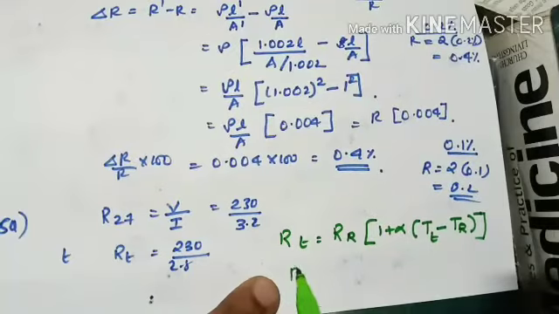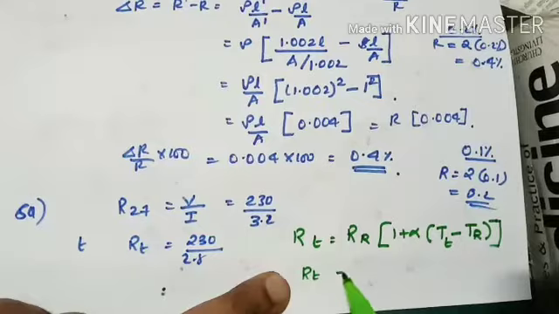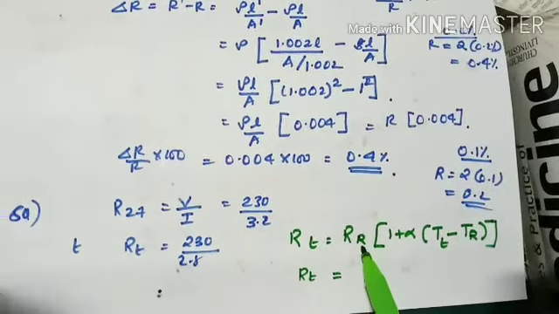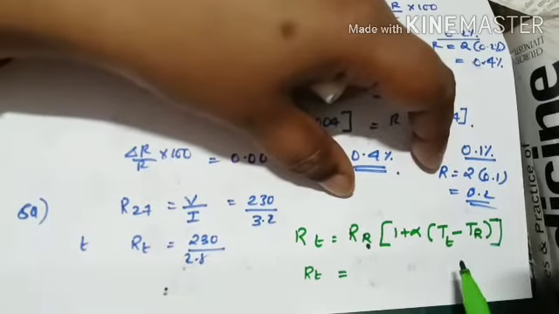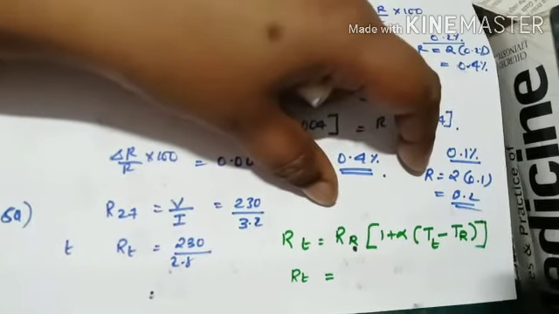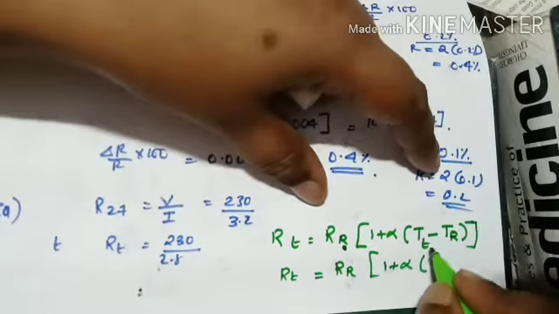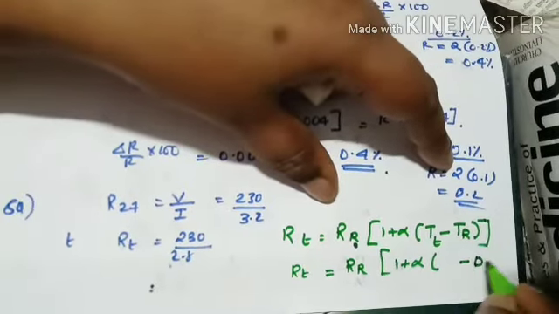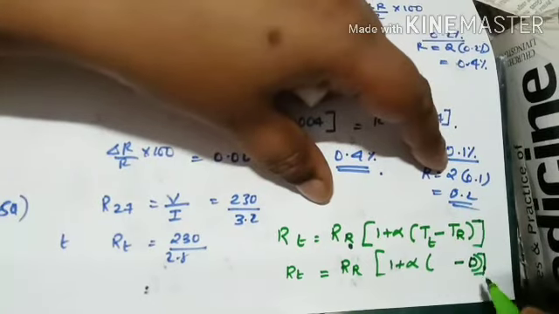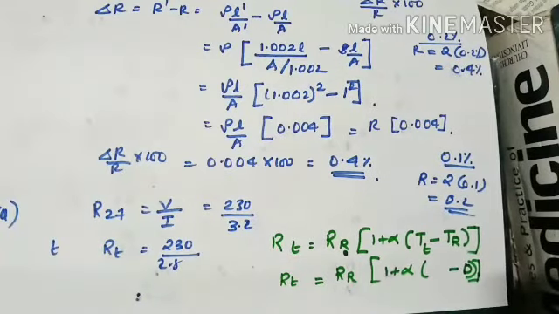R_T, I don't know what the resistance is, right? And R_R is the resistance which is given for reference, the reference value of resistance. That also I don't know. 1 plus alpha. What is the temperature which is given as a reference? You are going to take it as 0, right? Because you are not given anything regarding the temperature at which